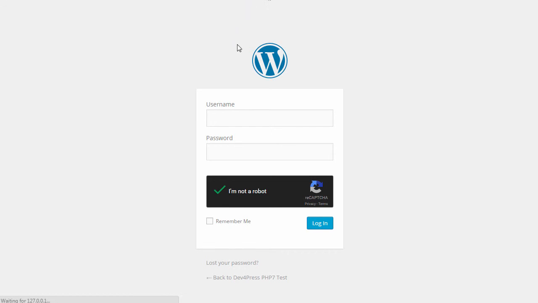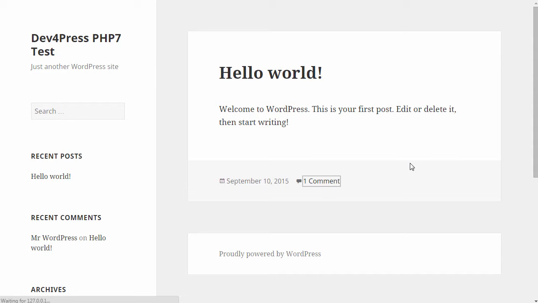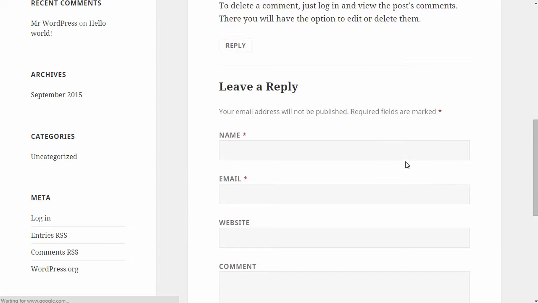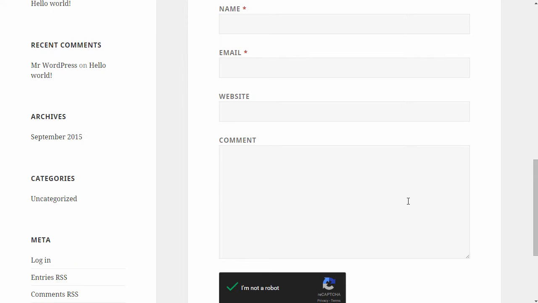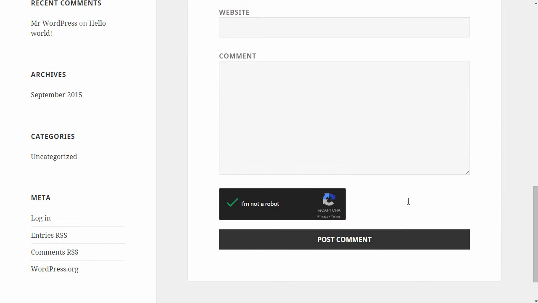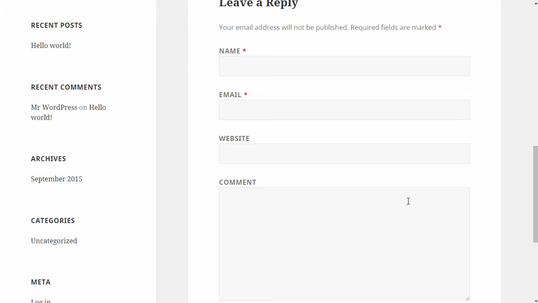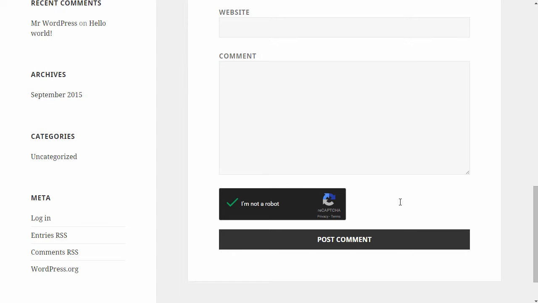If you want to leave a comment, here is a comment form. And that's it. Pretty much that's everything you need to do. reCAPTCHA is very easy to use, and your users will not be too much bothered by the need to click that one checkbox. The only problem with reCAPTCHA is that currently you cannot